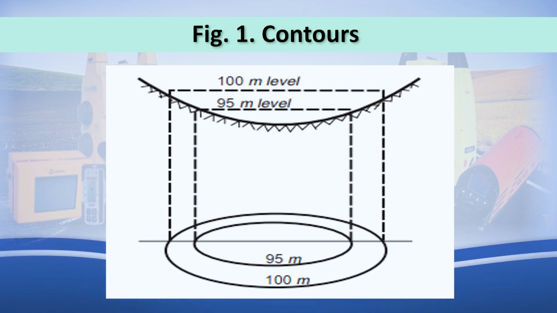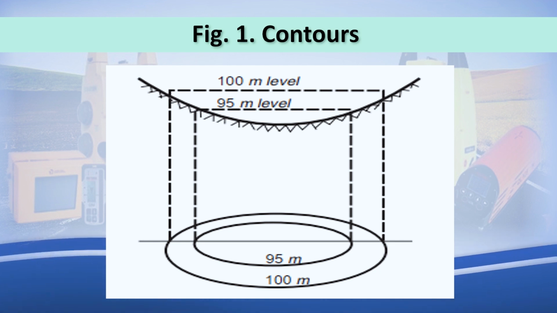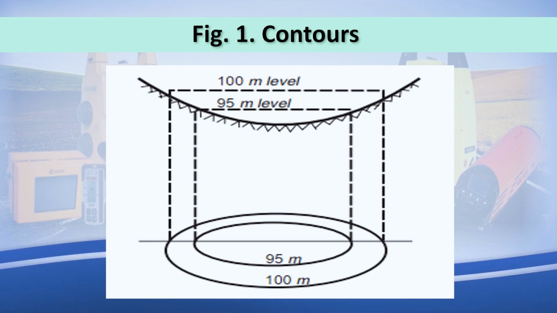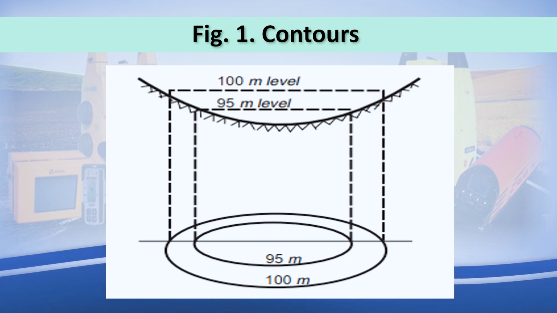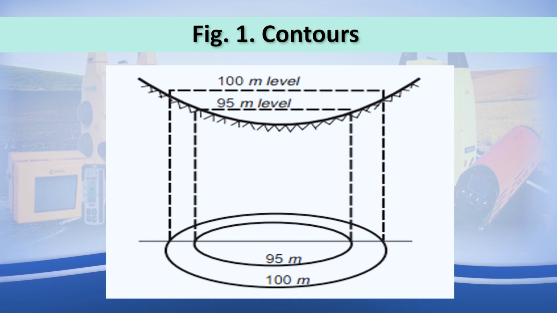Now imagine that the water level is lowered by 5 meters, then the new periphery of water will represent a contour of 95 meters. While conducting surveying, if levels of various points on the ground are also taken, it is possible to draw ground features in the plan as well as draw the contour lines of different elevations.